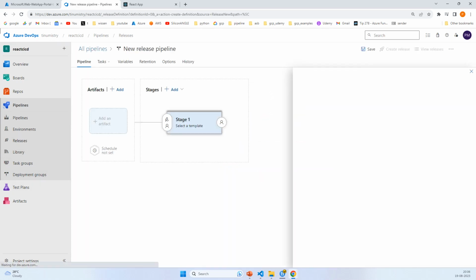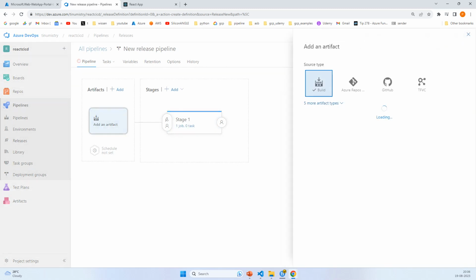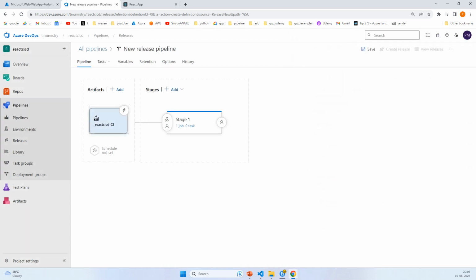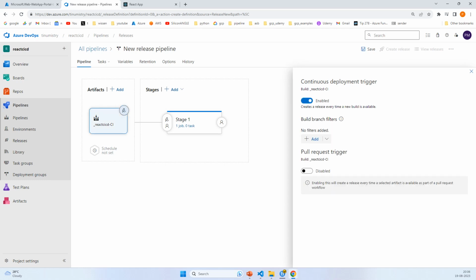Click on release pipeline, new pipeline, and click on this empty job and add the artifacts. Artifacts is nothing but the artifact that we have created from the previous pipeline, and add it. If you want to go for this trigger, then whenever any changes happen or the build pipeline runs and completes, automatically the release pipeline will be triggered. All right,